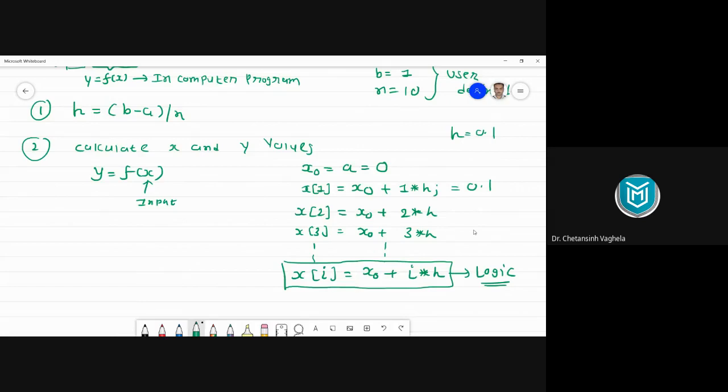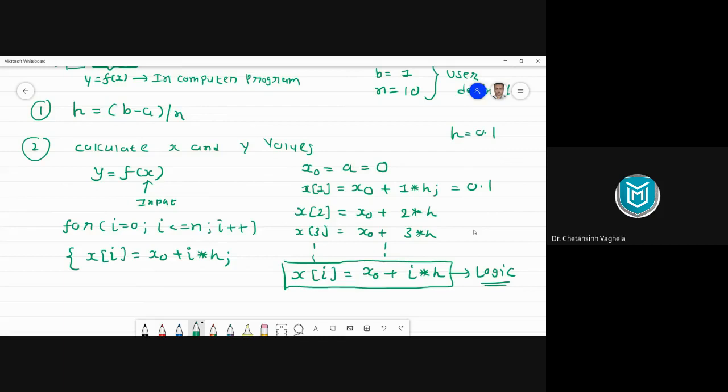And obviously in the general formula we have i here, and we will manage that i by a for loop. So in order to generate x values, we will run a for loop from i equal to 0 to i equal to n, and inside the for loop we'll generate the x values with this logic: xi is equal to x0 plus i into h. So because of this formula, all the x values will be generated.